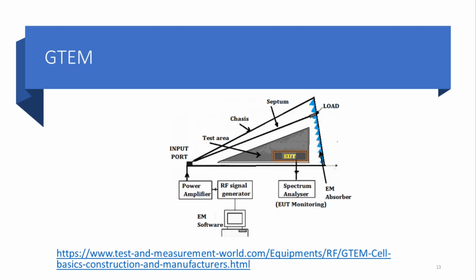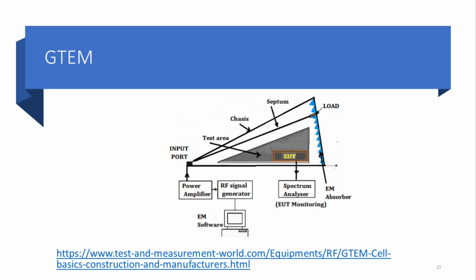The next is the GTEM. So this is what I was talking of, the TEM cell. It becomes clearer here. The transverse electromagnetic cell. It was first developed by Crawford in 1974 and is a major facility that is used for emission testing. It is in fact a version of the GTEM cell that works on frequencies from anything between 0 Hz to several megahertz. Basically, it is a transmission line which is tapered at both ends for impedance matching.